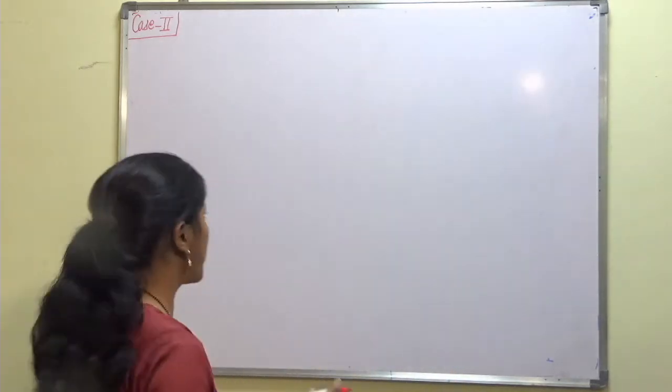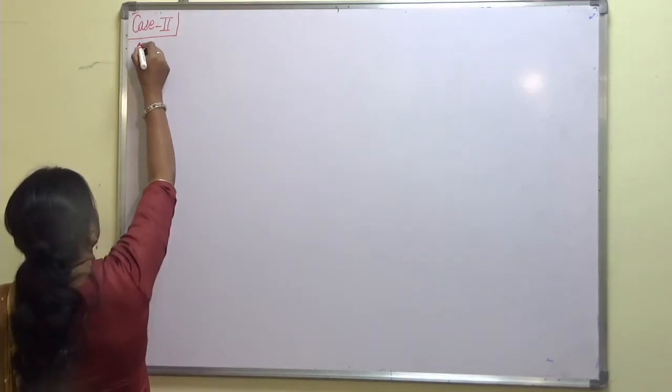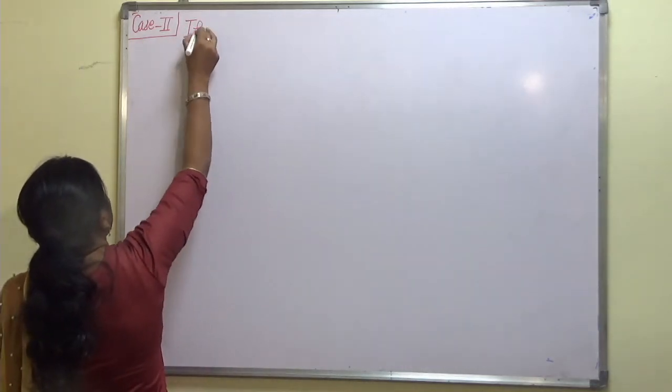Today in this video lecture we shall discuss one of the shortest methods to find the particular integral of the ordinary differential equation with constant coefficients, that I will call case 2. So we shall discuss case 2 to find the particular integral. So what is case 2? Case 2 says that if f of x is